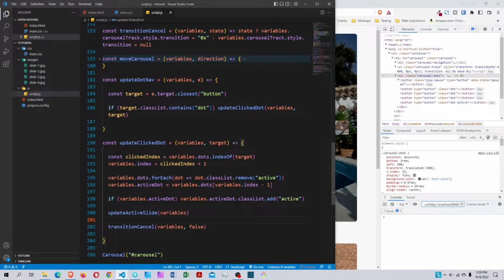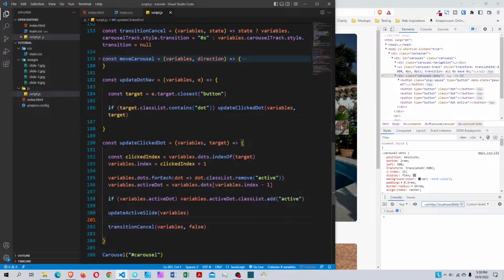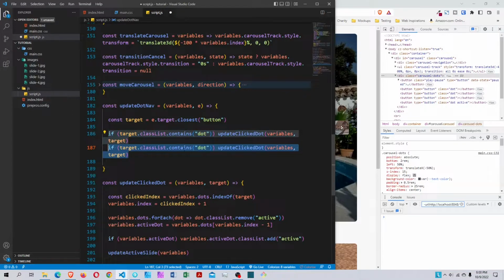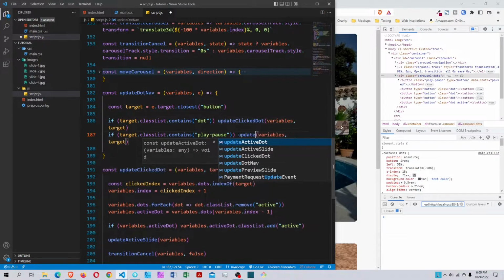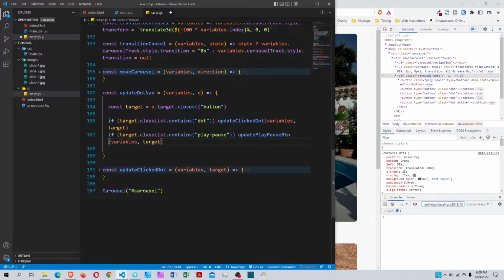So that's for the click. Now we want to work on this button right here. So when we click it, it's autoplay. So we go back here, say if, copy this one again, duplicate it, Shift Alt, arrow key. So we have a class play-pause, which is right here. Play-pause. We call a function, updatePlayPauseBtn, so the button here, and we're going to take the variable and the target as well. So we come down here,